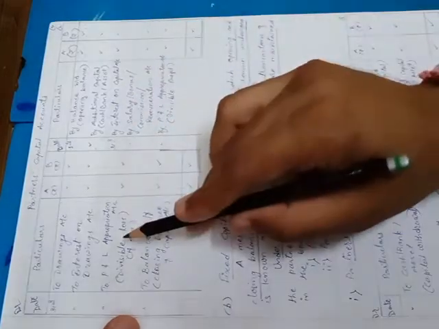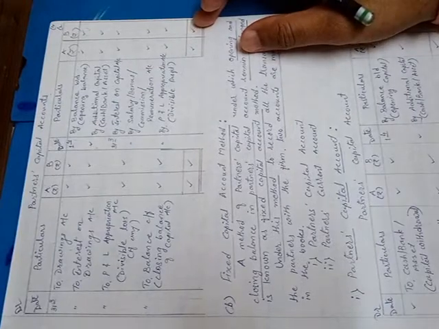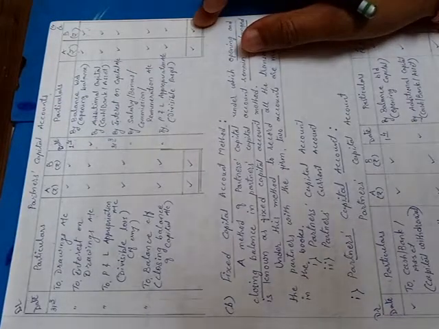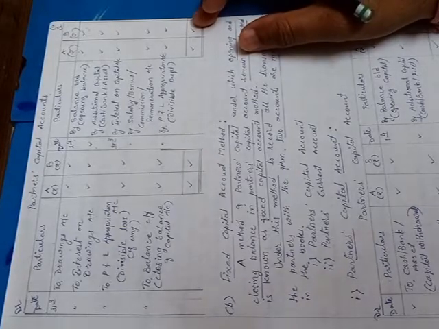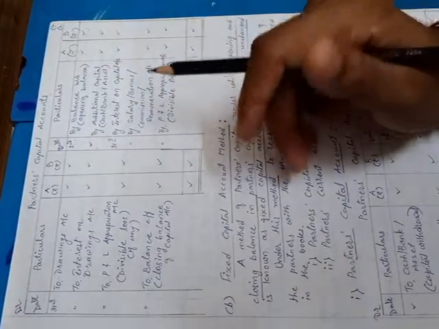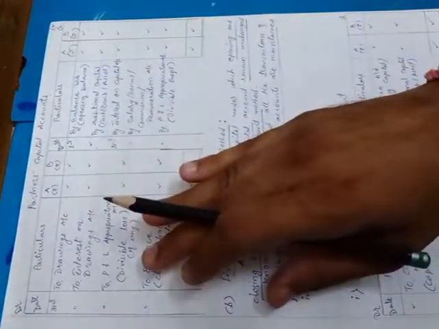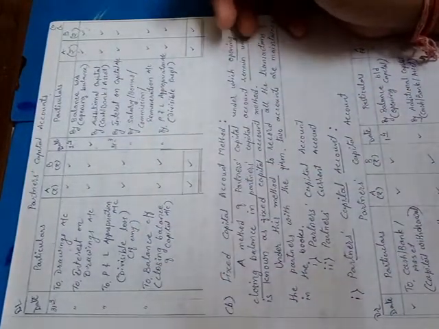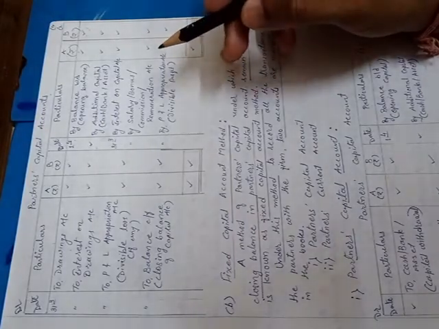And the last, we have to record divisible profit or divisible loss. At the time only one result can be possible, either it may be a profit available or it may be a loss available. If there is a profit, then it is transferred to the capital account credit side, and if there is a loss, it is transferred to the capital account debit side. How? We'll discuss according to the journal entry also.